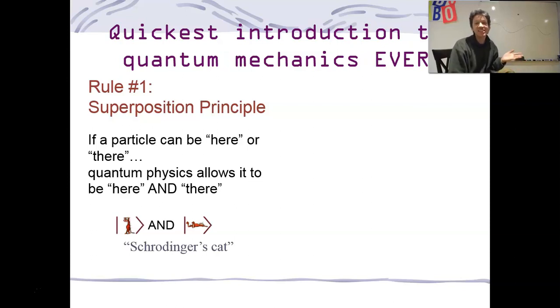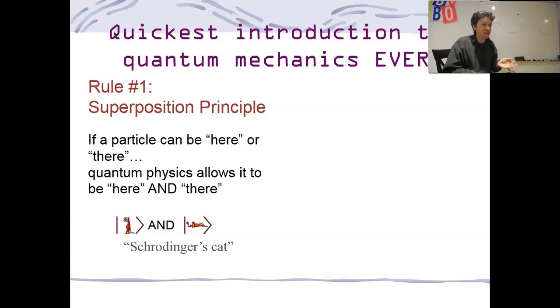And he's like, this is so ridiculous. He says, let me prove it to you. Let's say you take a cat, put the cat in a box. Okay, inside the box you have a vial of poison. Okay, and there's a mechanism that will break that vial of poison. Now that mechanism is triggered by a radioactive particle that decays. And we can't predict when a radioactive particle decays. If you remember half-life,